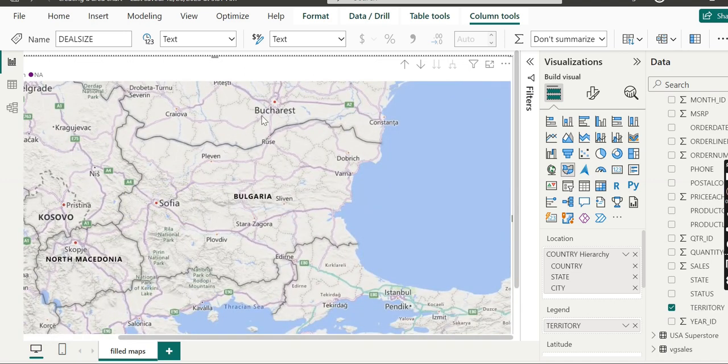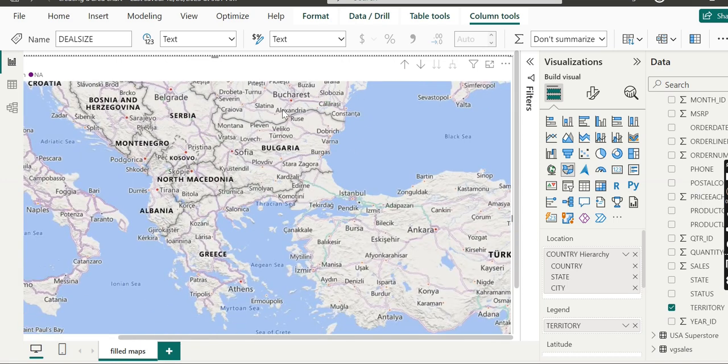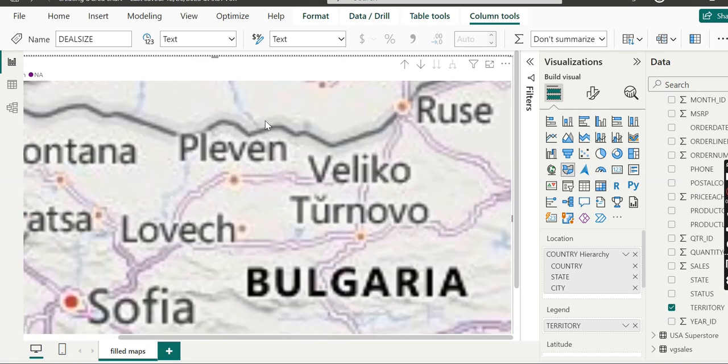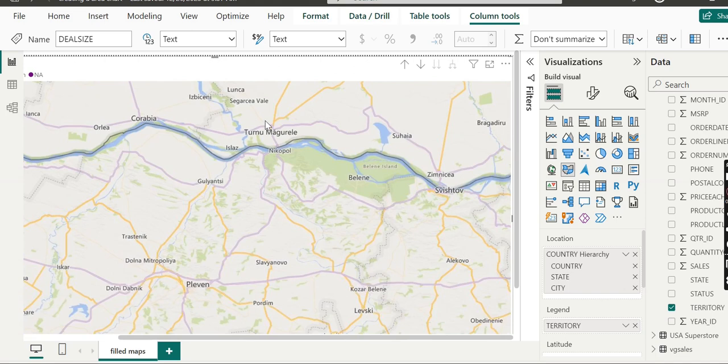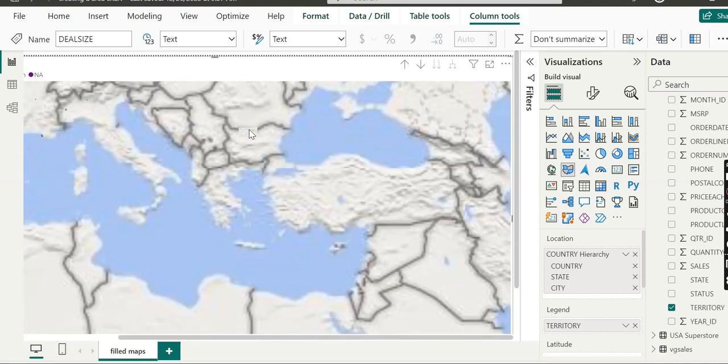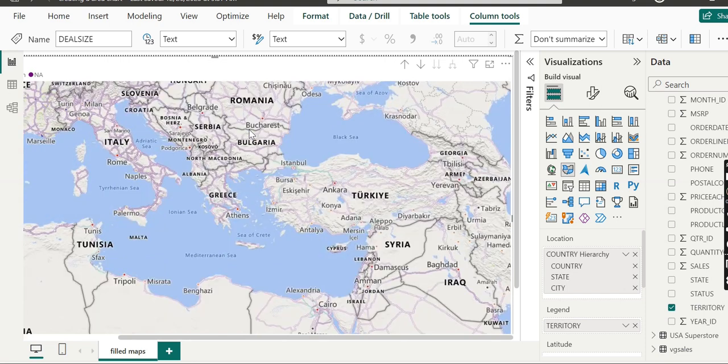Let's see, we will see this one city. So you can see how we can change the map.